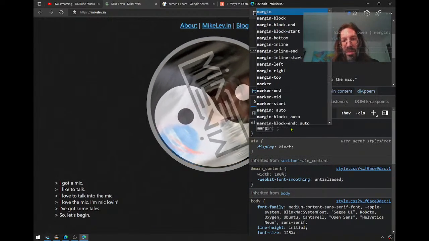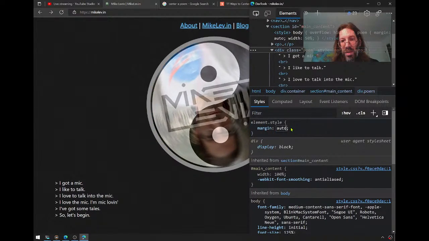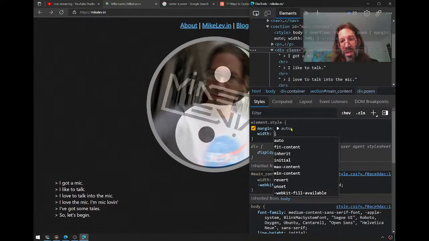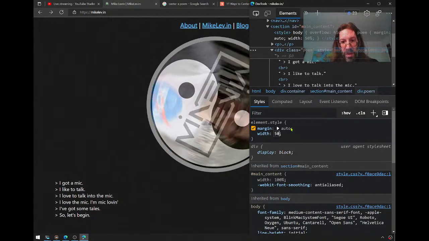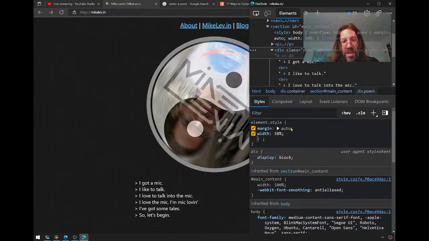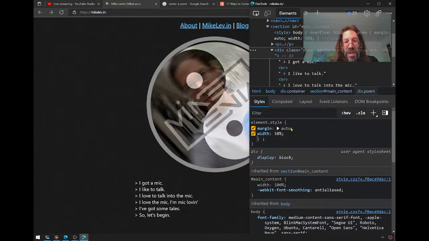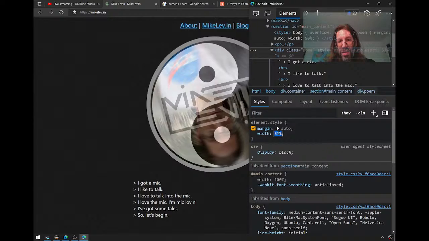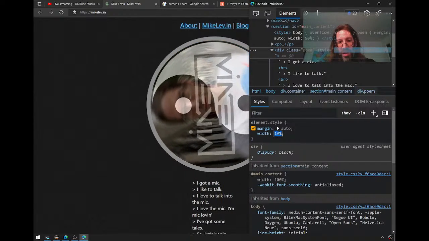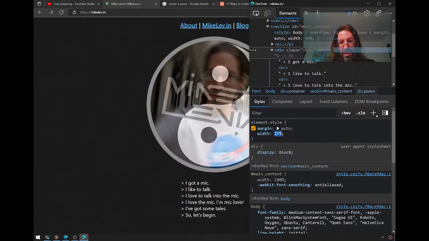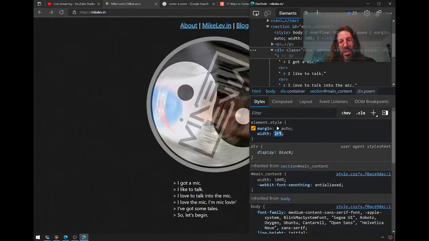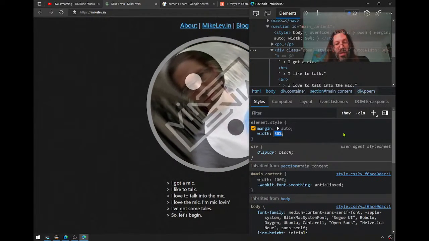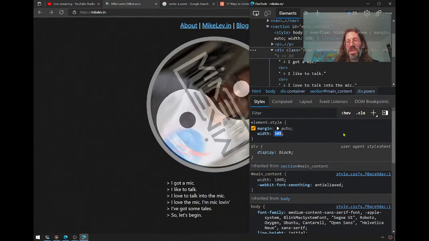Let's try margin auto and see if I just somehow got it wrong. And then width 50%. There, see, that's the effect I'm looking for. In fact, I can fine tune it a bit here. I'd like to get it even more in the middle. 50% is way too much. Right? So this is interesting. 30 would be playing it safe for people who change their font size and stuff.